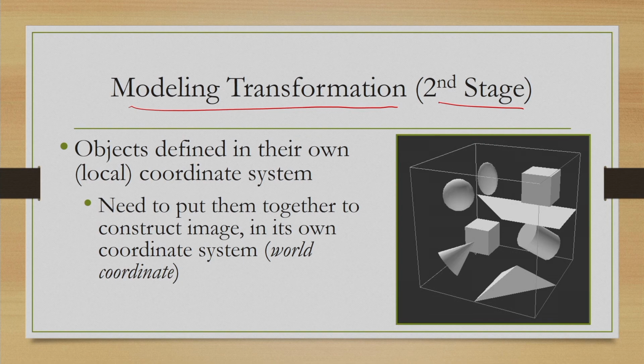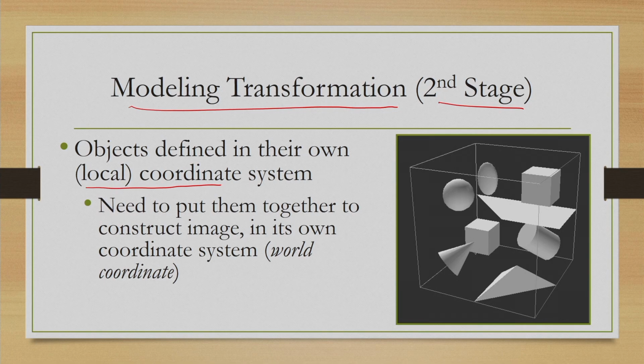Now, as I said, when we are defining an object, we are considering some reference frame with respect to which we are defining the object. For example, the cube that we have seen earlier. To define the cube, we need to define its coordinates, but coordinates with respect to what? There we will assume certain reference frames. Those reference frames with respect to which the objects are defined are more popularly called the local coordinate system of the object. So, the objects are typically defined in their own or local coordinate system.